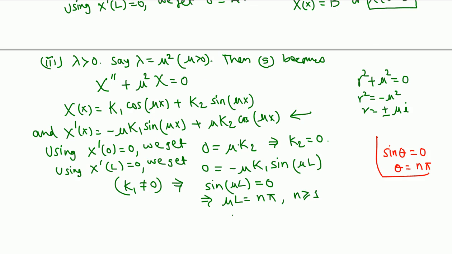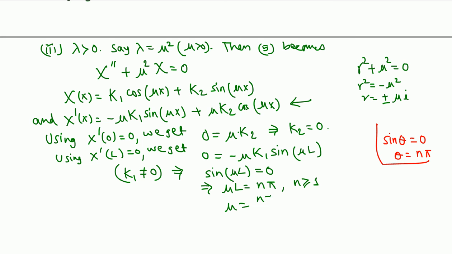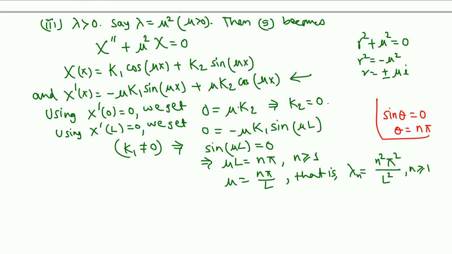That means mu is n pi over L. So for this mu, lambda is mu square, lambda equals mu square, so n square pi square over L square. And not only do we get one lambda, we get n equals 1 2 3 4, so we have to put lambda n. So for these lambda n's we have solutions. Okay, and what is that? What is the solution? Those are called eigenfunctions, and the solution was pretty much given from here,